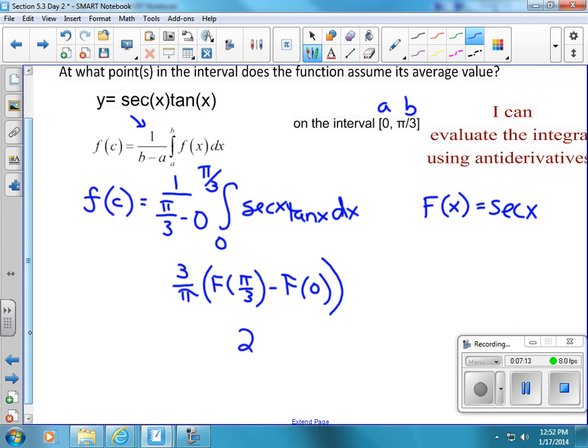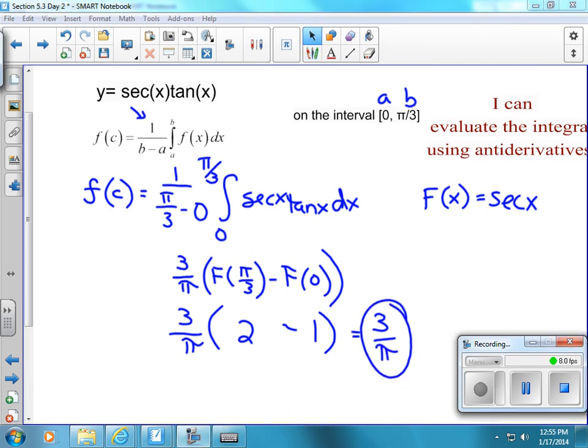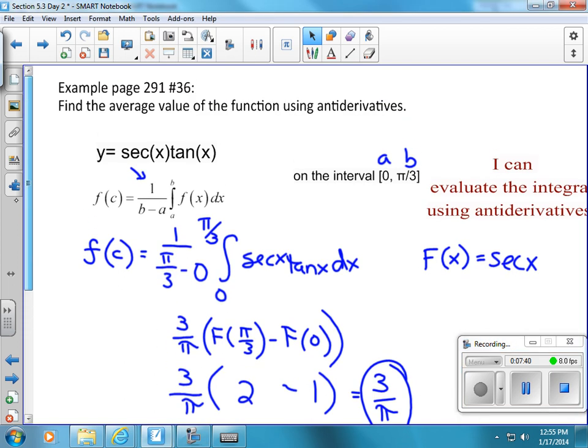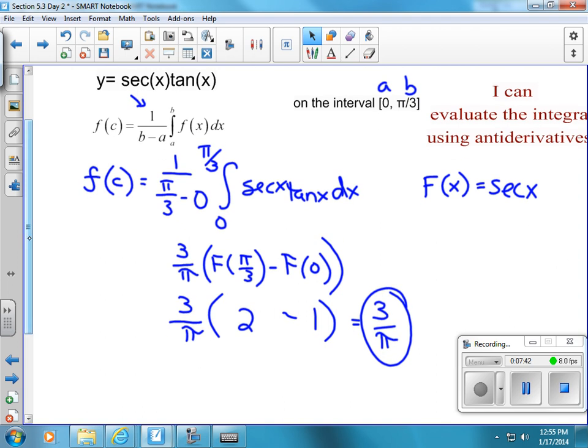You would find that 1 over cosine of pi over 3 is 2, and secant at 0 is equal to 1. So our answer becomes 3 over pi. So 3 over pi is your average value, and that is the end of our lesson, which is section 5.3,